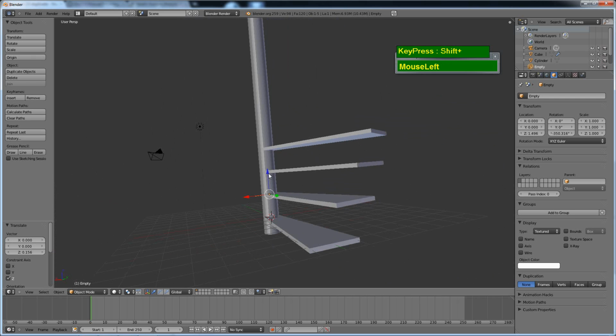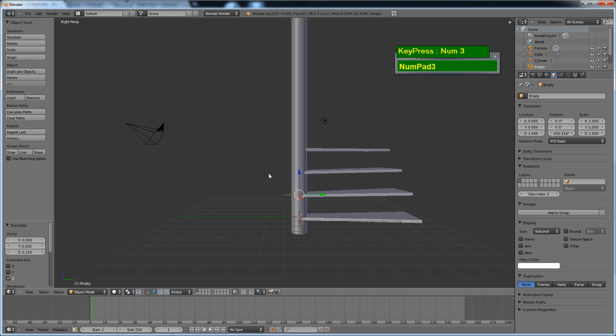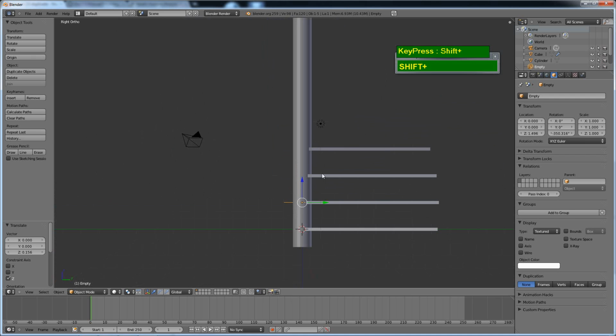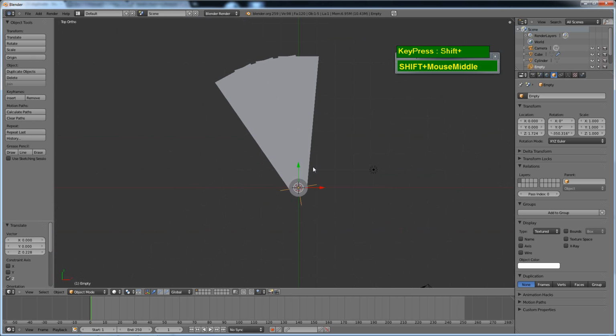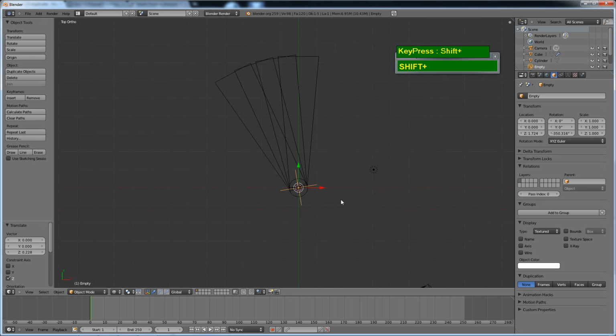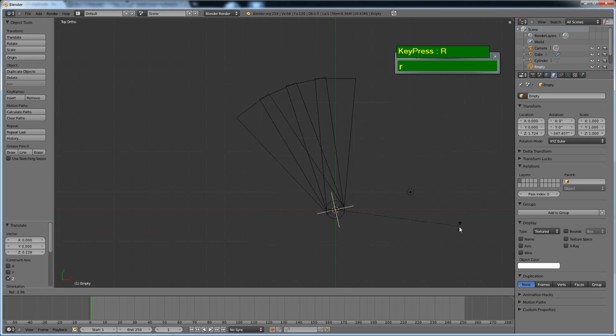empty until, let me just switch to the side view, orthographic, and I'm just going to move this up and down, holding down the shift. Okay, then I'm going to go to the top view. I'm going to press Z to go to wireframe mode, and then I'm just going to rotate. Okay, make sure in the orthographic view. So I'm going to rotate this